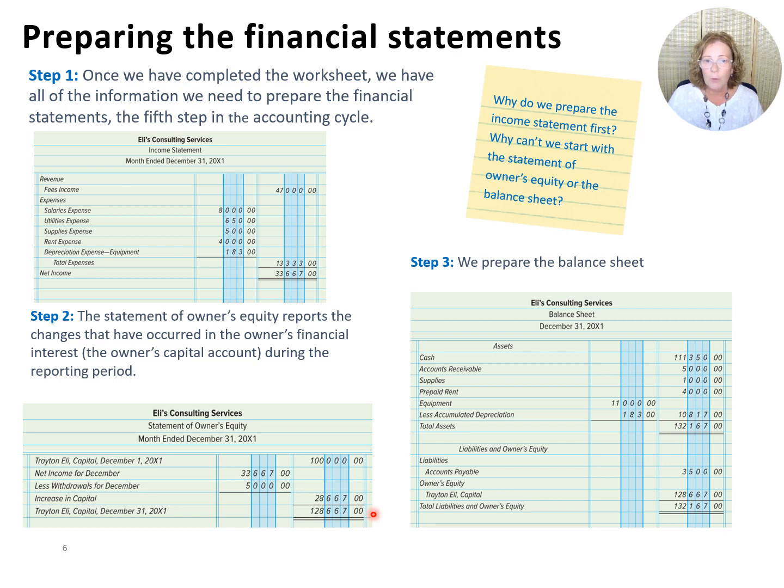$128,667. We're now ready to prepare the balance sheet. Transfer all of the amounts from the balance sheet columns of the worksheet to the balance sheet, listing the assets first and then the liabilities. Transfer the owner's equity information from the statement of owner's equity. We did it, except one item is still left: recording and posting the adjusting journal entries. Watch the next video to learn more.